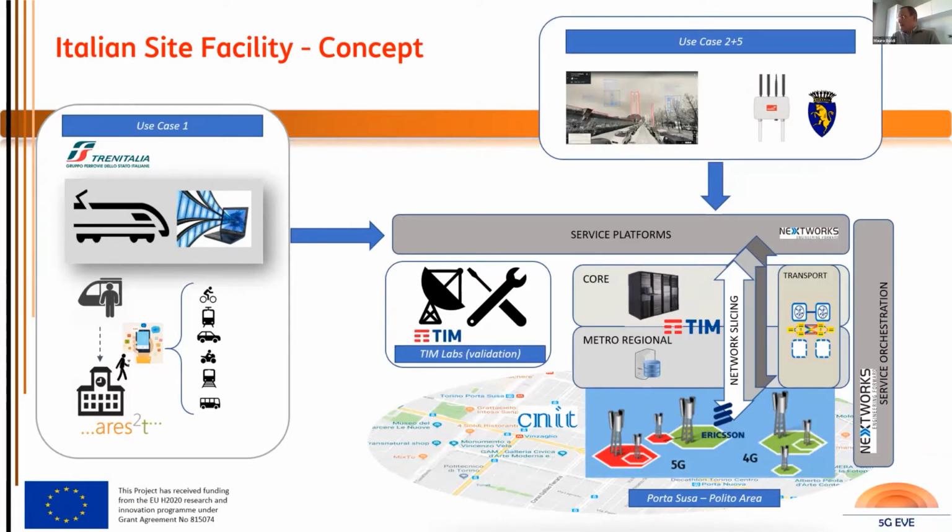The first one is that we are also using Telecom Italia commercial network. So it's a non-standalone implementation of 5G, the one that we are now running in Turin. But this is a very peculiar and specific feature of the Turin site. And the second one is